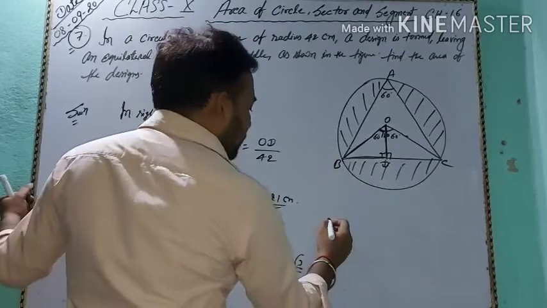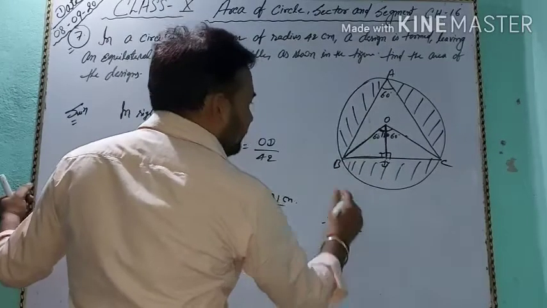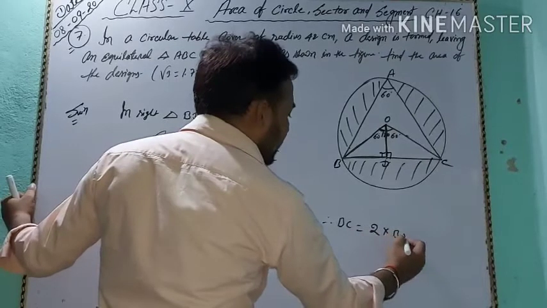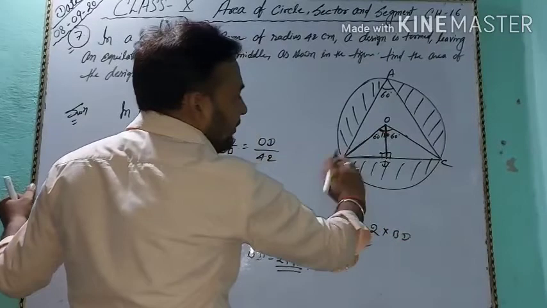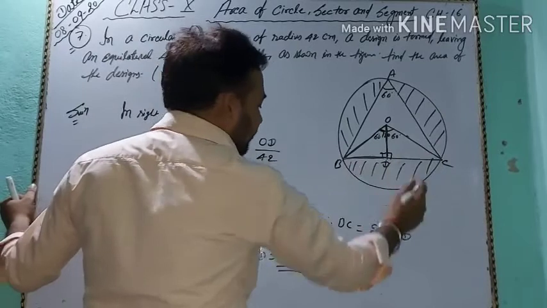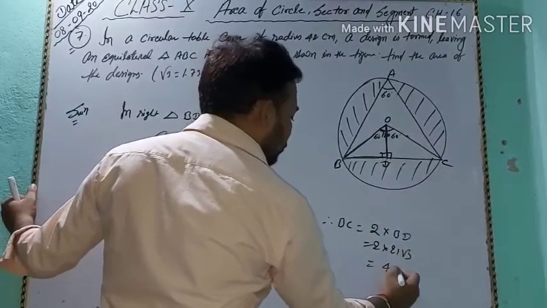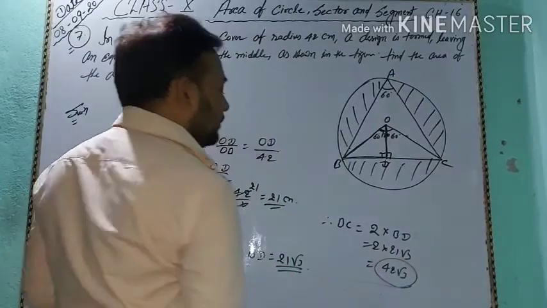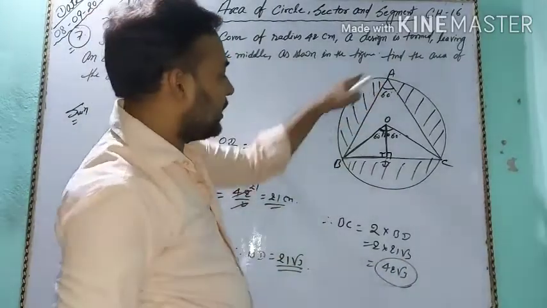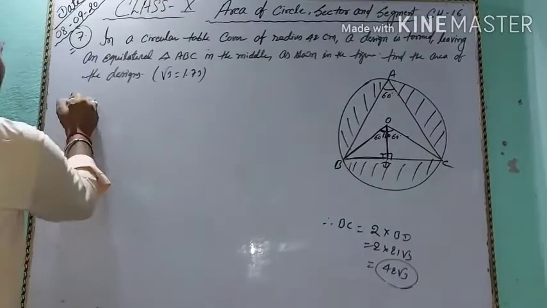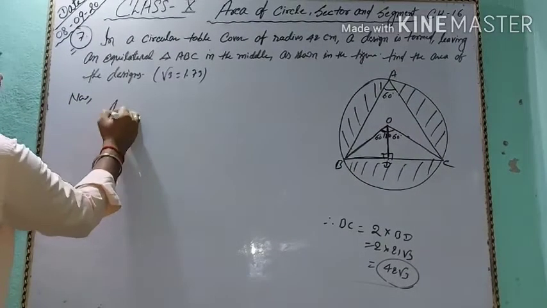So BC equal to side of the equilateral triangle ABC. BC equal to 2 multiply BD, because OD bisects BC, BD equal to DC. So 2 multiply 21 root 3, that is 42 root 3. So side of the equilateral triangle ABC is 42 root 3. Okay. Now students, area of the